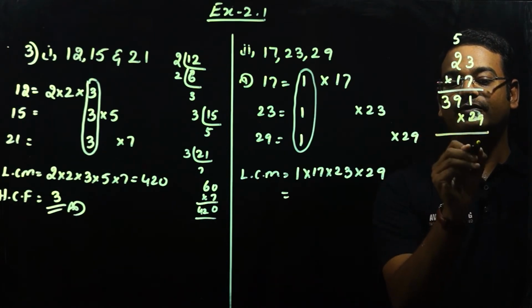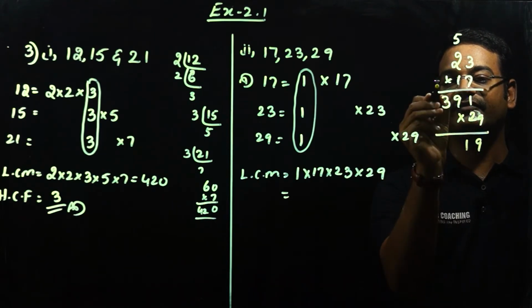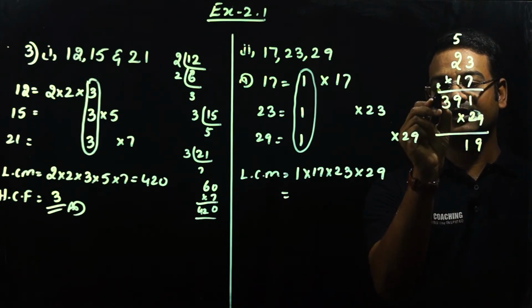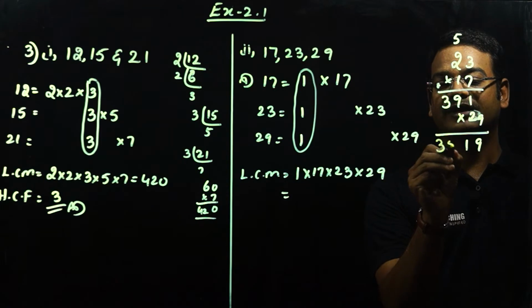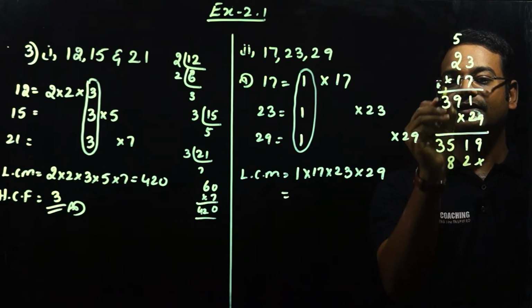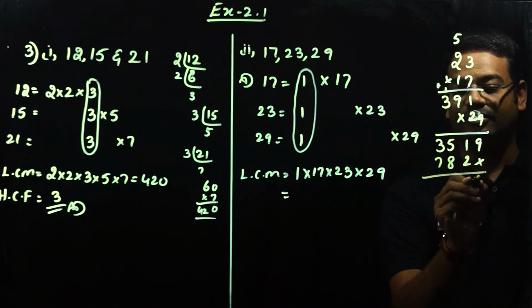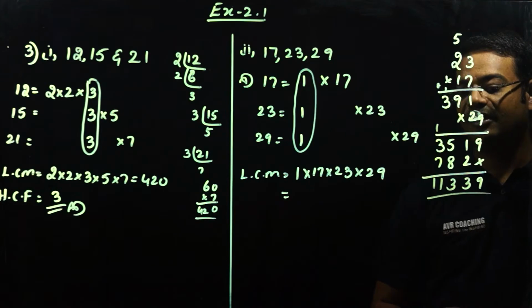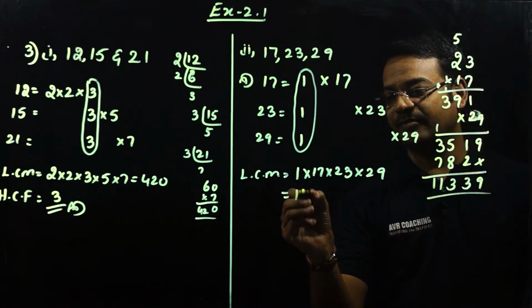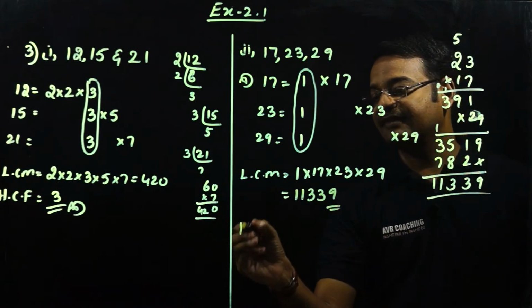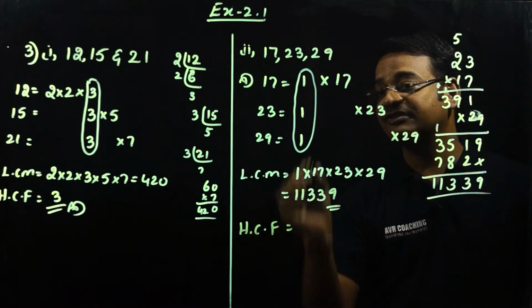So 9 into 1, 9, 9 9s are 81, 9 3s are 27, 27 plus 8, 35. So 2 1s are 2, 2 9s are 18, 2 3s are 6, 7. So 11339 is the LCM,